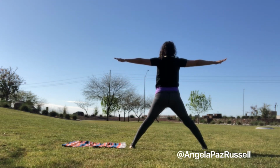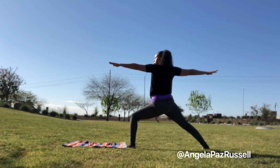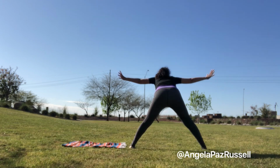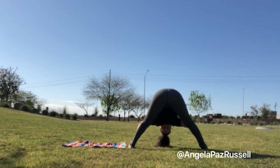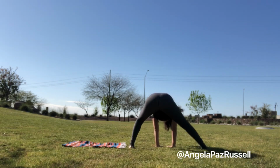Come back up. Find your warrior two, bend into that left knee, left toes point forward once again. Straighten the knee, toes point right. Folding all the way down this time. Quick reach around for the ankles and then place your hands under your shoulders and just start to shift side